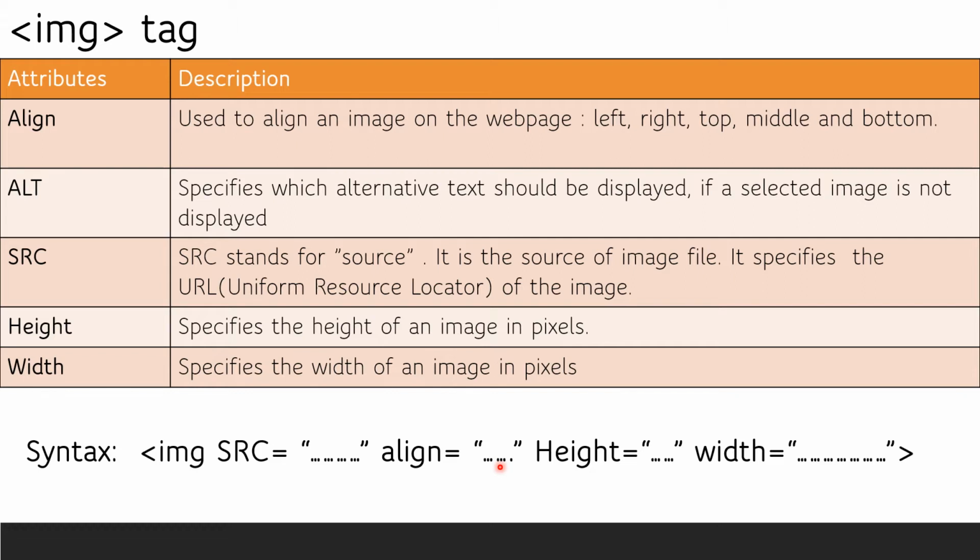Images are of three types on a web page. First of all, the image that you want to insert on your web page should be on your system. You have to save it first from the Google search engine or any other search engine onto your desktop or laptop, whatever you are using. There are three types of images: JPEG, PNG, and GIF.